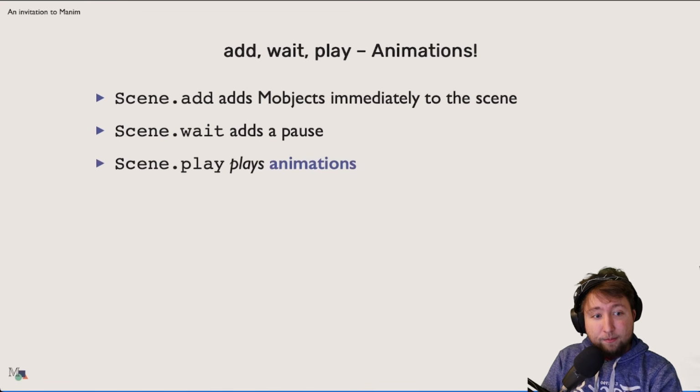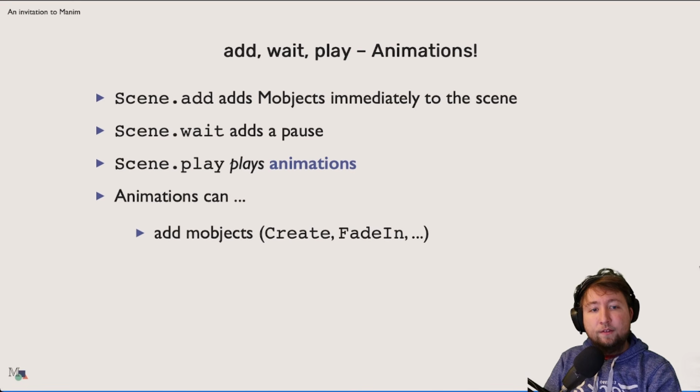And now the more interesting thing is probably scene.play, so the play method, which plays animations. Now, what are animations? Animations in Manim are just like mobjects or the scene, a special type of object. For example, there are a few animations that can add mobjects to a scene. Two of those are the create animation and the fade in animation.